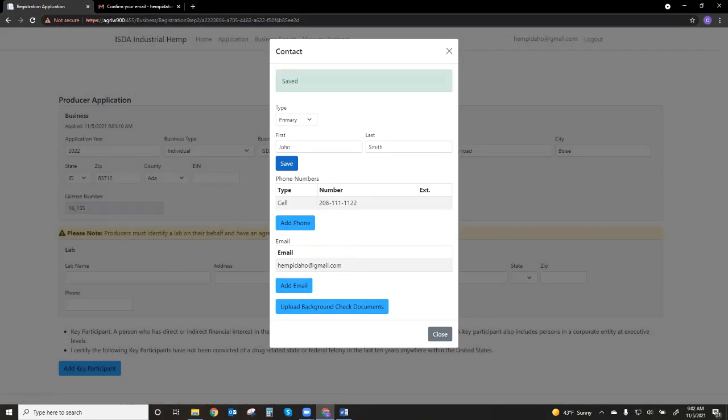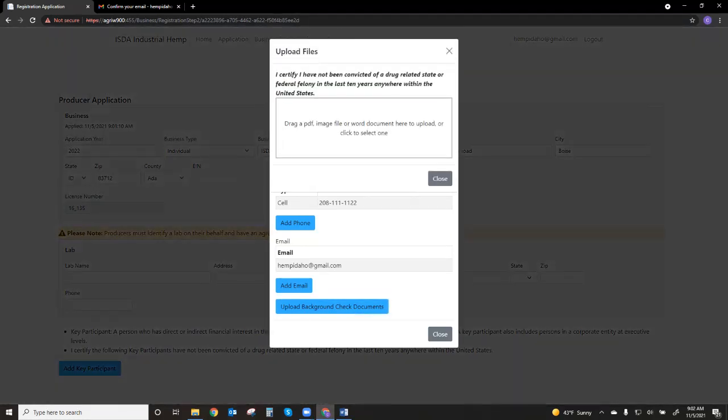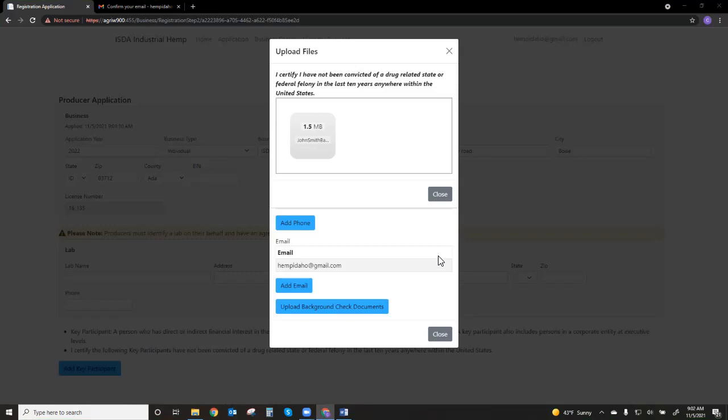We can now upload their background check documents. To do so, simply select Upload Background Check Documents. We can now drag, drop, or search for any PDF document or JPEG to put into the following box. In this example, we've now uploaded our PDF background check for John Smith. To get out of this page, we simply select Close